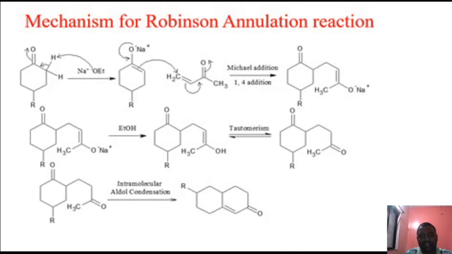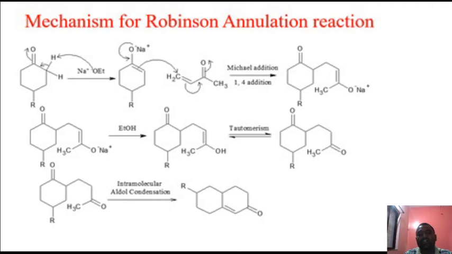In case of methylvinyl ketone, there are two electrophilic sites. One is carbonyl carbon and another one is beta carbon atom, that is CH2. Remember now, when carbanion is stable or enolate is stable, there is delocalization of negative charge from carbon to oxygen, so it is stable. When carbanion is stable, it attacks at the beta carbon atom, and when carbanion is unstable, it directly attacks on the carbonyl carbon. In front of us now there is a stable carbanion, so it will attack at the beta carbon atom.